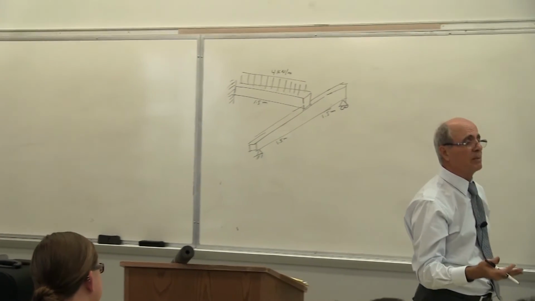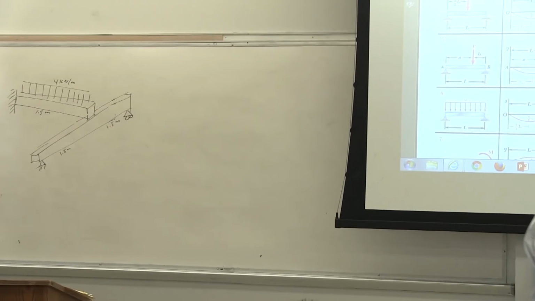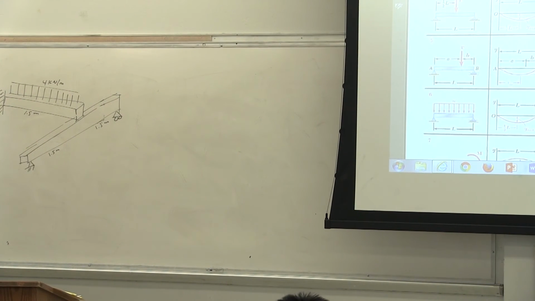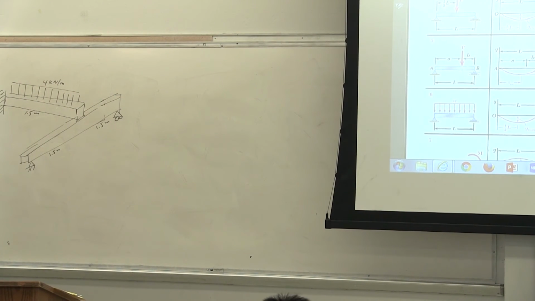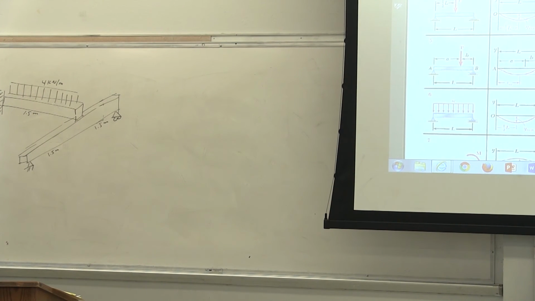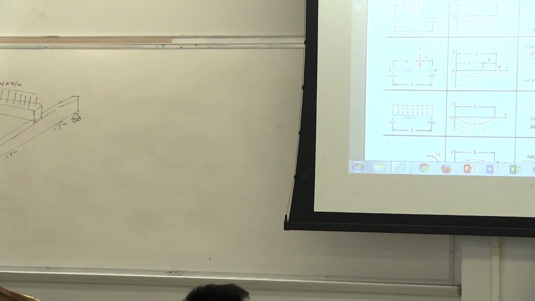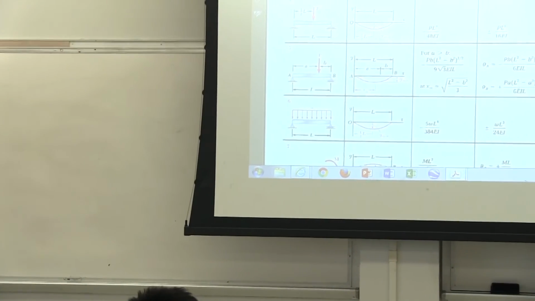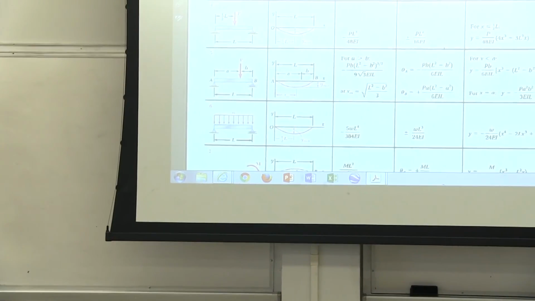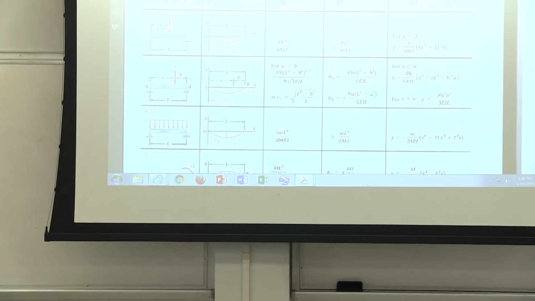Actually, the superposition method is a good method for this type of problem, yes or no? Which happens a lot in all the engineering work. You are designing a beam sitting on another beam. Everybody understands that. Crossing each other, what's going to happen between the two? Is this, first of all, determinate or indeterminate? Indeterminate. Lots of reactions. Is that correct or not?